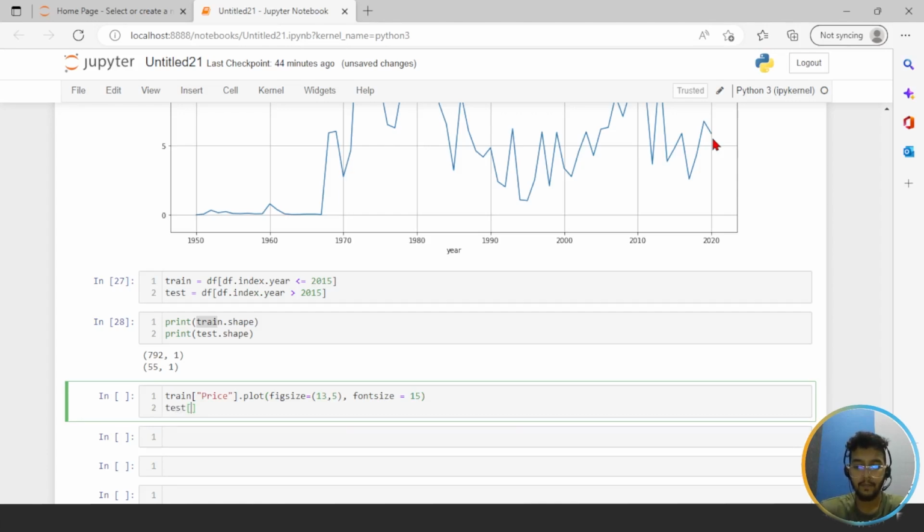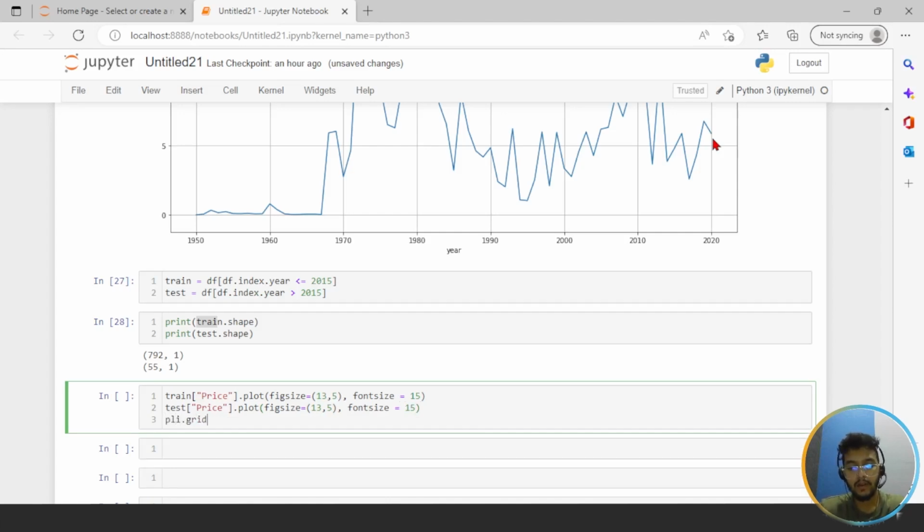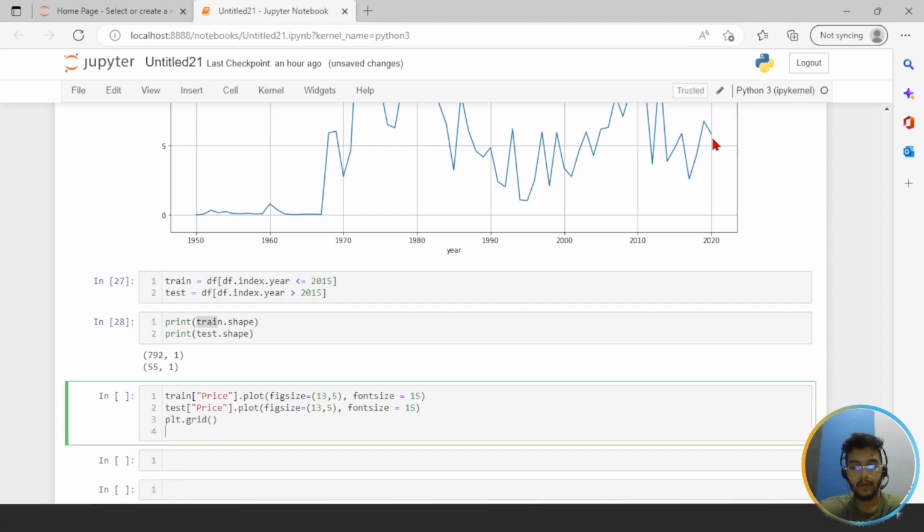Test, .plot, figsize, let me give the same 13 comma 5, and fontsize the same 15. Okay, then plt.grid, then plt.legend